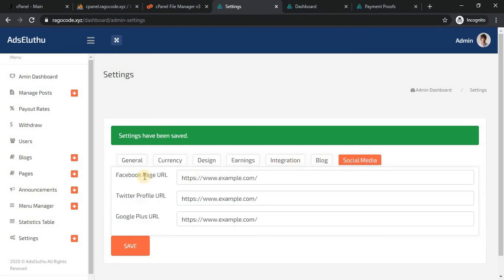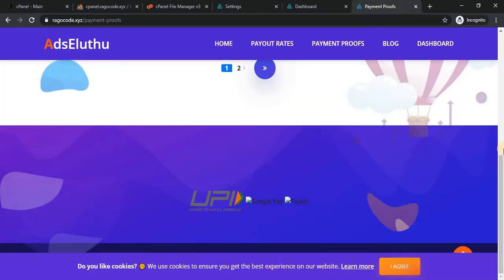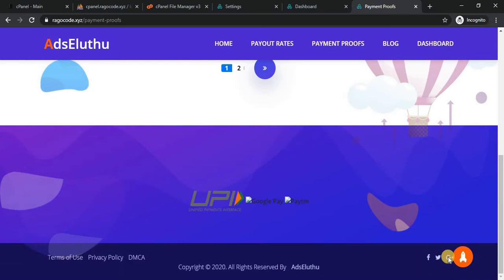If you add social media for your website, just enter the URL, like a Facebook page URL, Twitter profile URL, Google Plus URL. It will be displayed at the bottom as those icons.